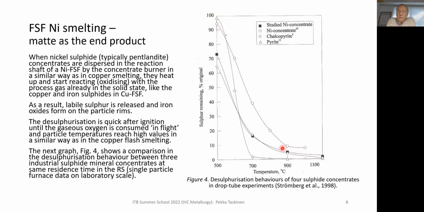These are from laboratory scale drop tube experiments showing that this pyrite concentrate is the most eager one to react, and it reaches complete desulfurization in the duration of the experiment, which was a few seconds, 1 to 2 seconds, when the gas temperature initially before the oxidation was 700,